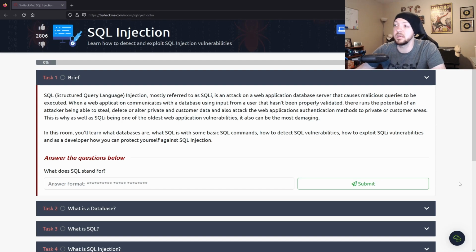It says that it is an attack on a web application database server that causes malicious queries to be executed. When a web application communicates with a database using input from a user that hasn't been properly validated, there runs the potential of an attacker being able to steal, delete, or alter private and customer data, and also attack the web application's authentication methods to private or customer areas. This is why, as well as SQL Injection being one of the oldest web application vulnerabilities, it also can be